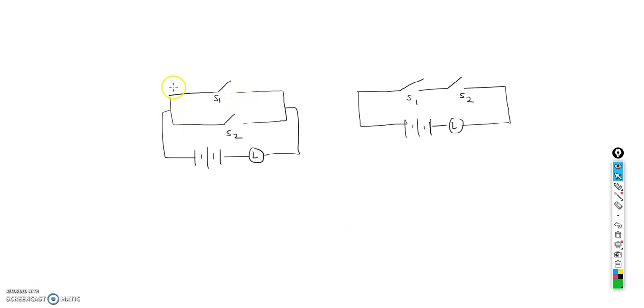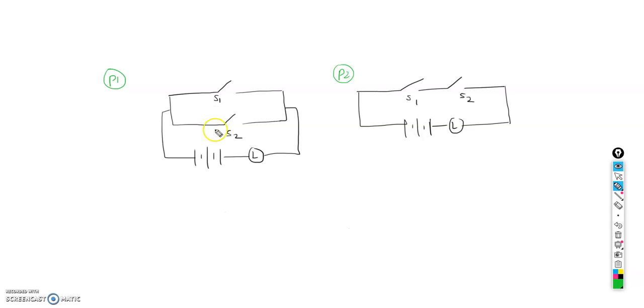Hi everyone. So let's try to understand how we can solve the problem of logical circuit. Before going into the depth, we have to learn some basics of logical circuit. First point we have to learn, let's just see this diagram. We have two circuits, you can consider them P1 and P2. Based on this, we can get the idea of how we can solve the problem of logical circuit.